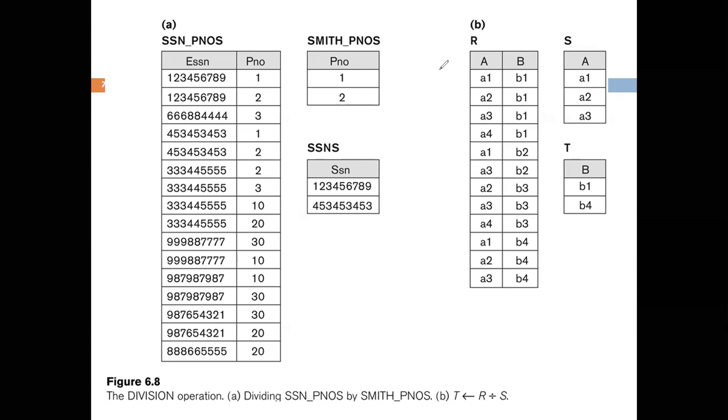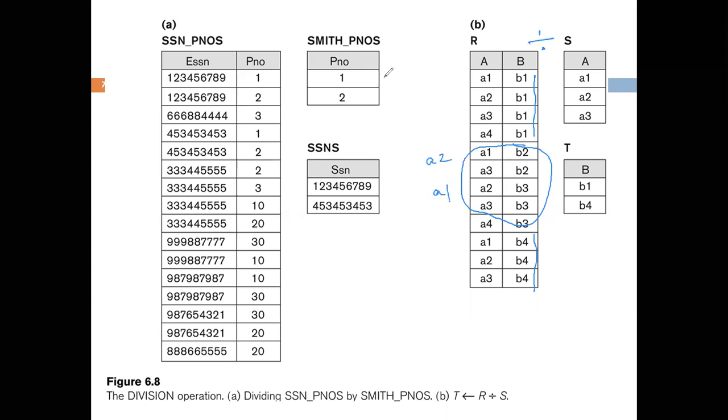So another example, you can observe here R and S. When we perform the division of R and S, here A1, A2, A3 are present. B1 is having all of them, it is matched with A1, A2, A3, and B4 is also matched with A1, A2 and A3. Whereas B2 and B3 are concerned, B2 is not matched with A2 and B3 is not matched with A1.